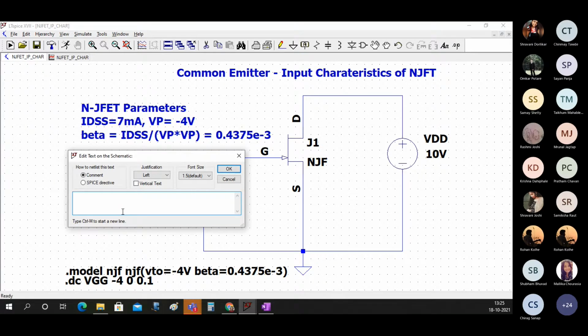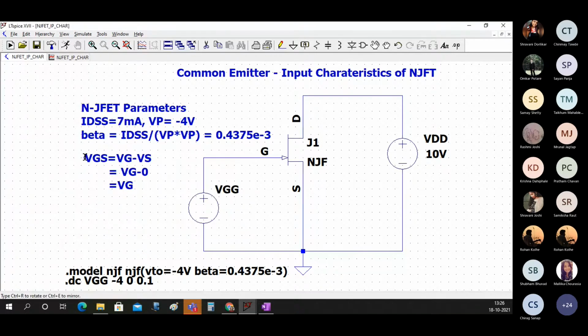So we can write that also, that VGS is equal to Vg minus Vs, and Vs is equal to 0. So here we have V of G minus 0, and that is going to be simply V of G, that is Vg.